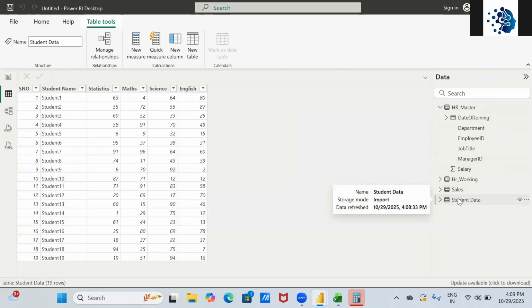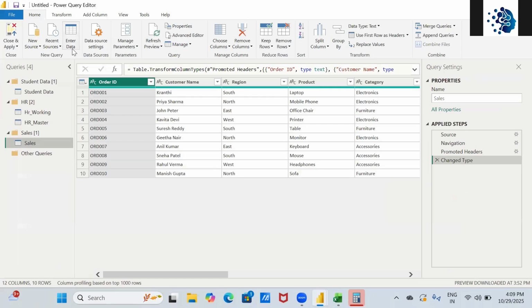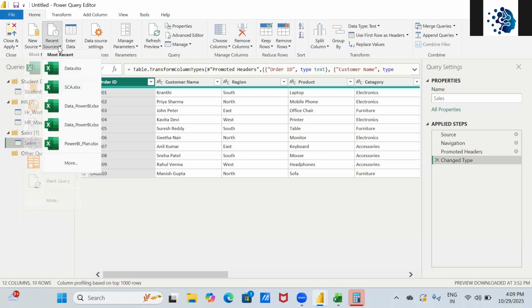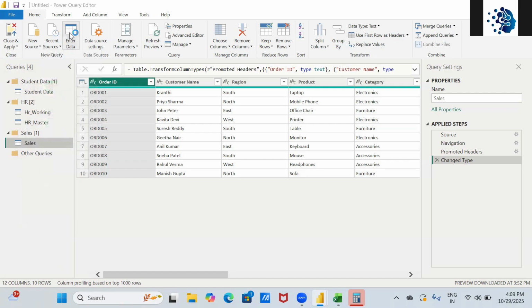So after doing transformations in Power Query Editor, we have to click on apply or close and apply based on your requirement. New source means, if you want to download the data from any other data sources like databases or cloud or flat files or Excel workbook or web, anything, you can use new source. And recent sources, you will get the recent workbooks or files. And by using enter data, you can also enter data manually into Power BI through this option. For example, if you click on enter data,